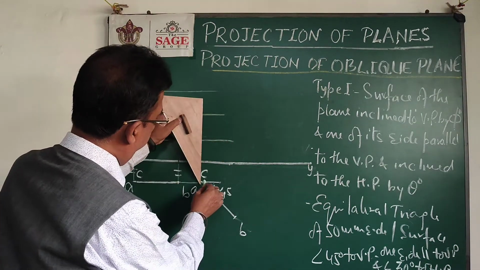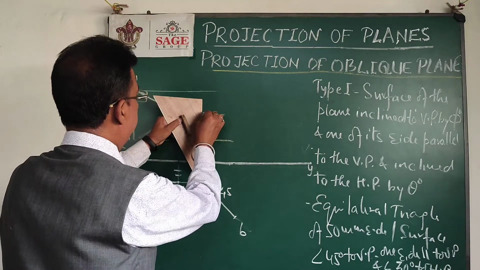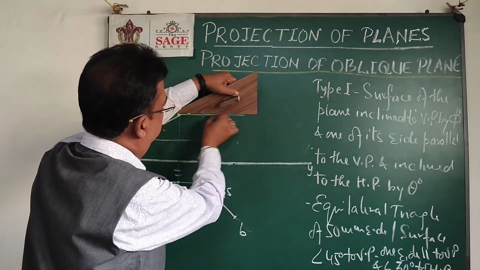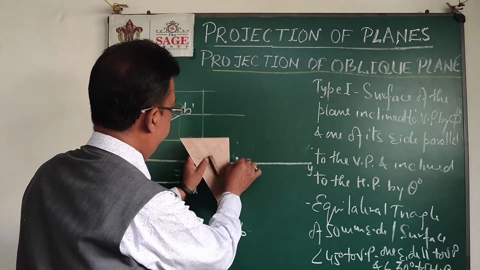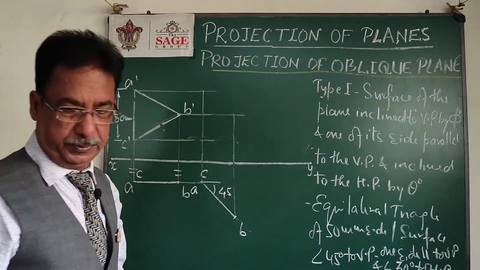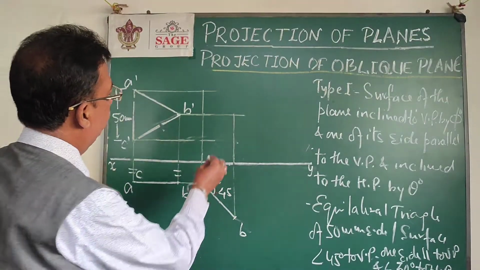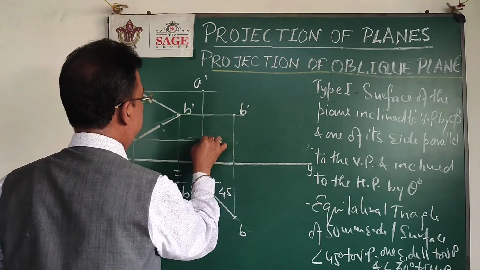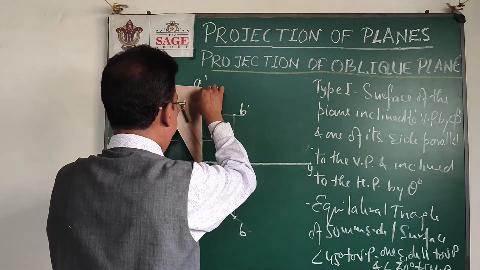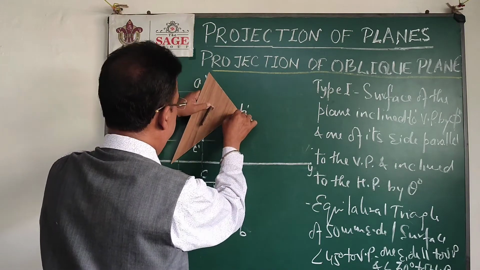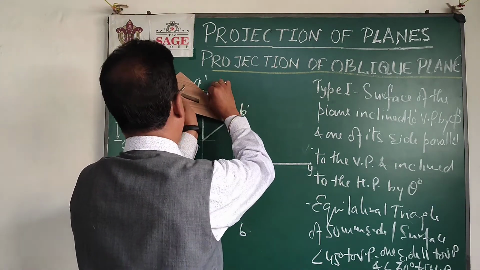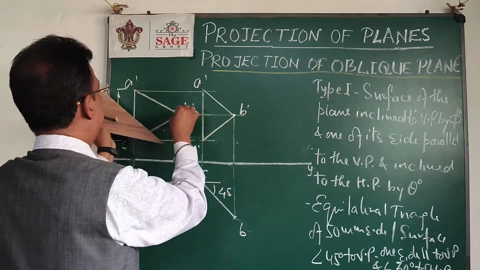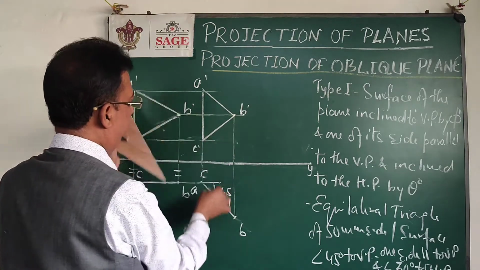Now from the top view, we will drop projectors upside. So only 2 projectors will come upside, and we got these points. This is A dash, this is B dash, and this is C dash. If I join these by straight lines, now this is the next figure. Now as you see, the plane will be inclined to VP by some angle 45 degree and is